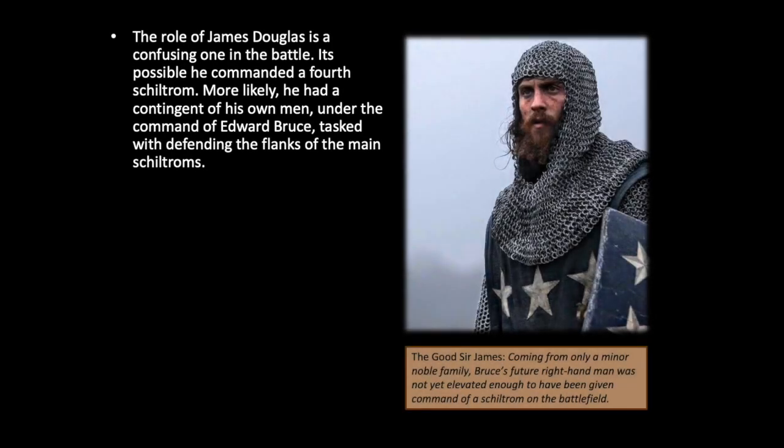The role of James Douglas, made famous by Netflix's Outlaw King movie, is a confusing one in the battle. It's possible that he commanded a fourth schiltrom, but more likely he had a contingent of his own men under the command overall of Edward Bruce, tasked with defending the flanks of the main schiltroms. So he would have been a kind of rapid reaction force moving quickly around the battlefield to plug any gaps